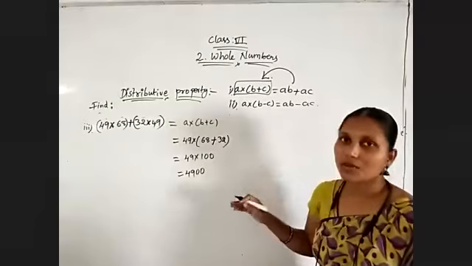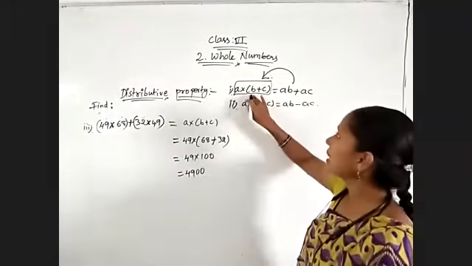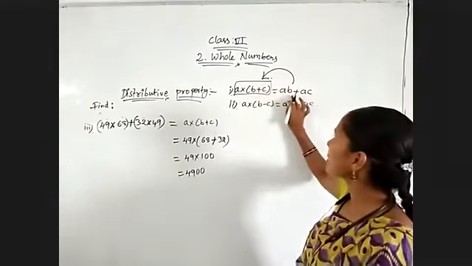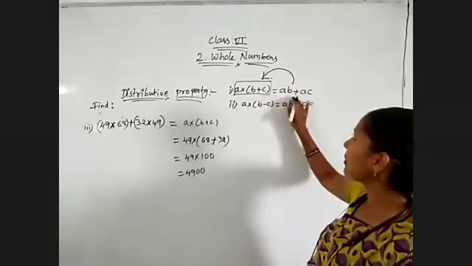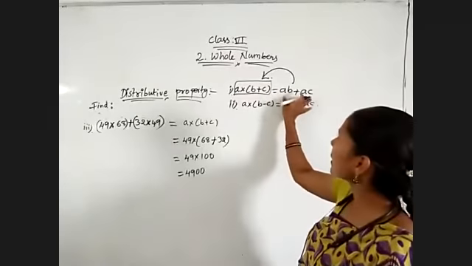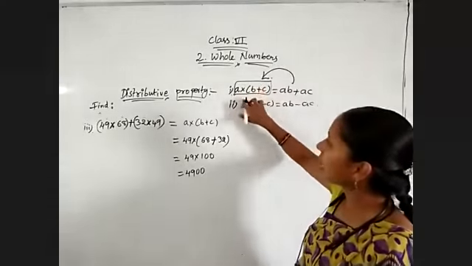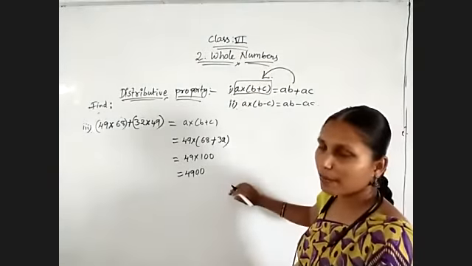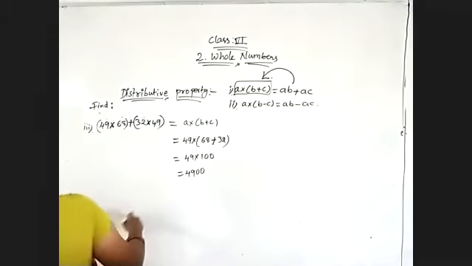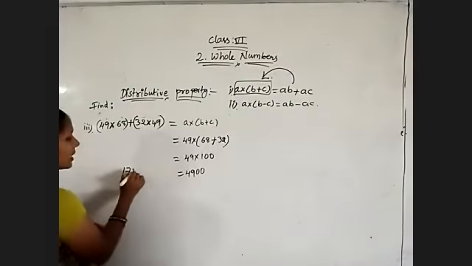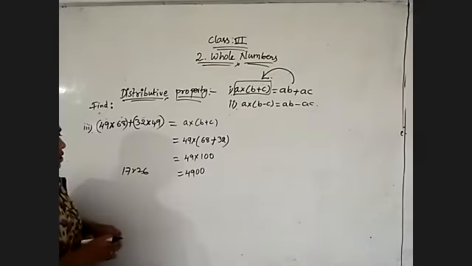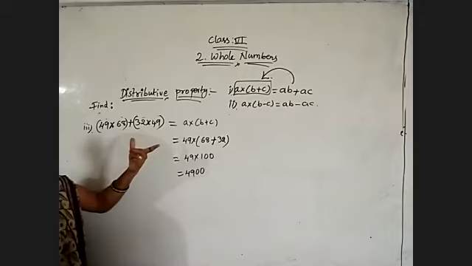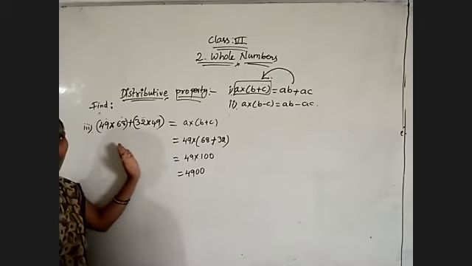Very, very easy solution. So whenever you get the left side, if the question is like A into B plus C, then you need to convert it into AB plus AC form. If the question is given only in AB plus AC form, you have to do the calculations like the left side, that is A into B plus C, we need to do. Okay. Then coming to the next type of question. So one type is when only two numbers are given like this. Just now, as I told you, expand any one of the numbers and simplify. And if I get the right side value first, then I must use the left side for simplification.